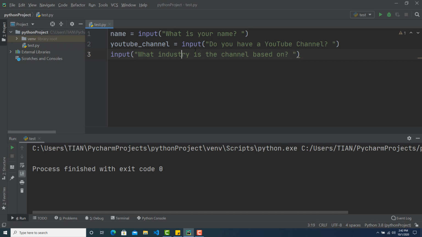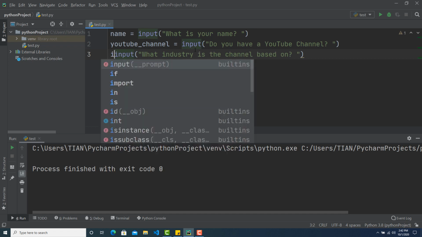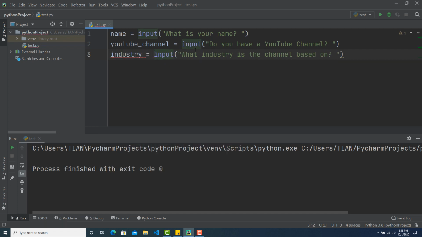And let's store this in industry. So we can ask for these three information, and for the printing stuff, let's type print, and let's use some